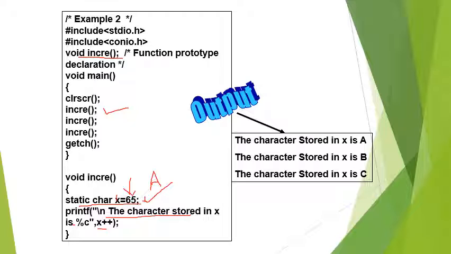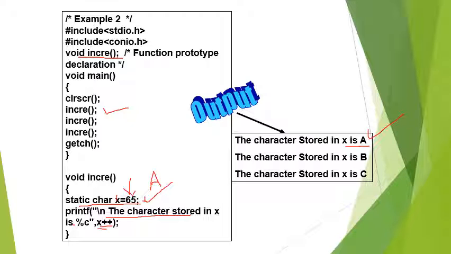It is incrementing after printing, because the plus plus is after that. It is not pre-increment, it is post-increment. So only after the printing will it increment the value. So the value of x will be printed as A, capital letter A.